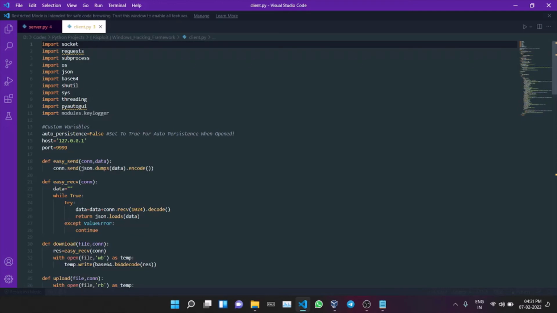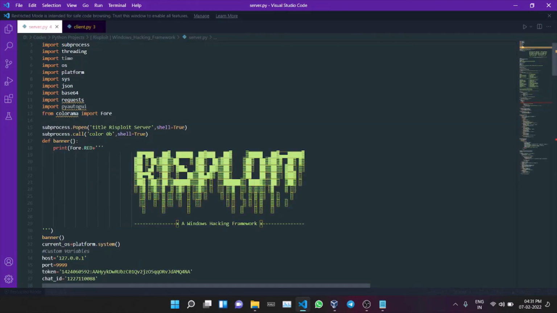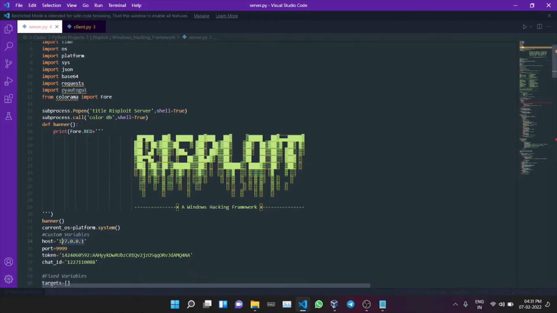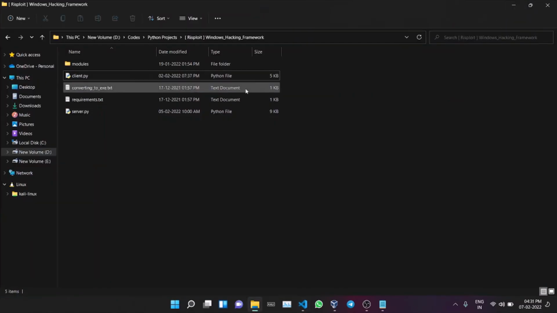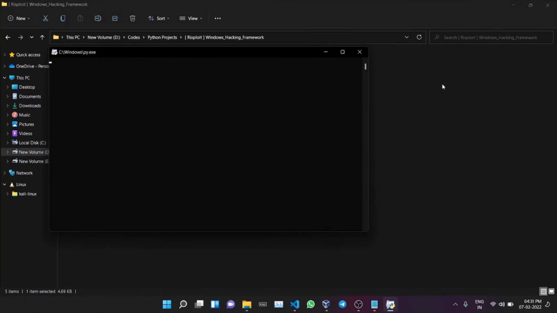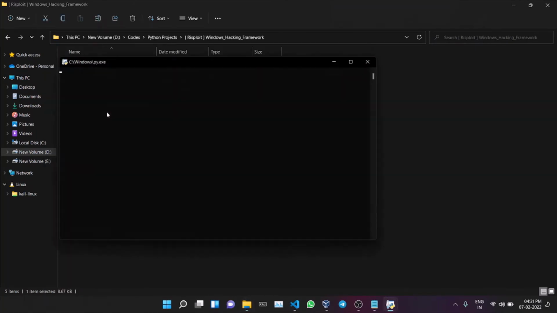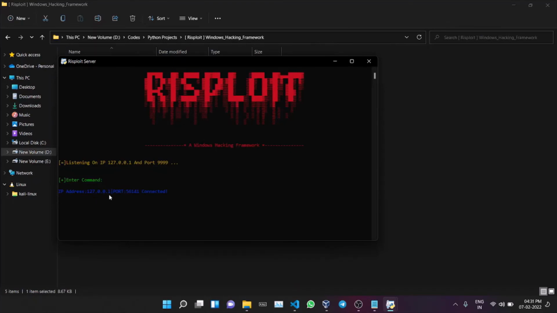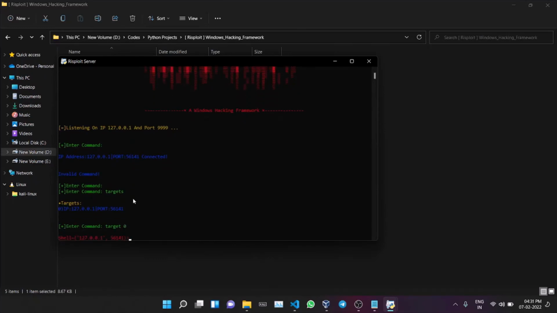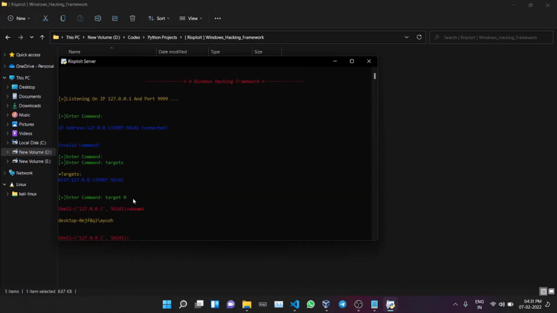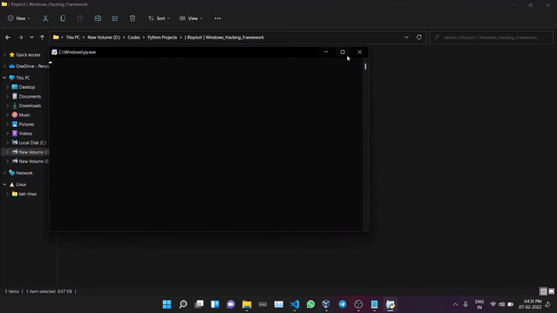We have our loopback address 127.0.0.1 and port 9999 in our client, that I want to connect to this address, and our server also listens to this address only. Okay, our server is listening to this address and this port, and our client is sending the request to this. So now let us check this by running it. I have executed the client file, and now I will execute the server file. Okay, you can see that we got a victim connected. Let me list the targets and let me show you that we actually got it. Now if I do whoami, you can see that we can execute any command. Now let me close these things and let me close the client as well.